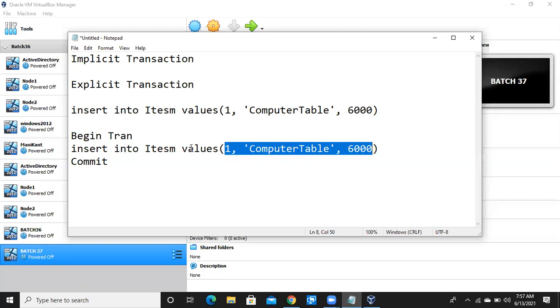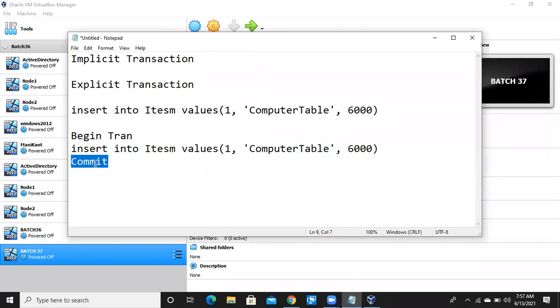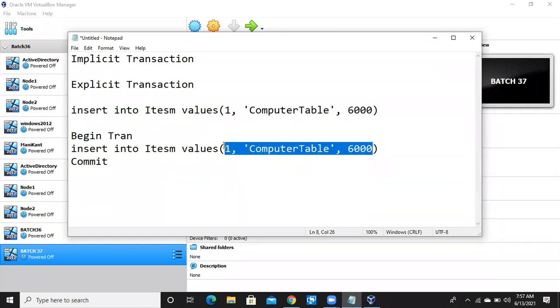Once the commit is over, only the data will be moved from your log file to the data file. Till then the whole data and transaction will be saved inside your log file only. Committed means moving the data from log file to the data file.